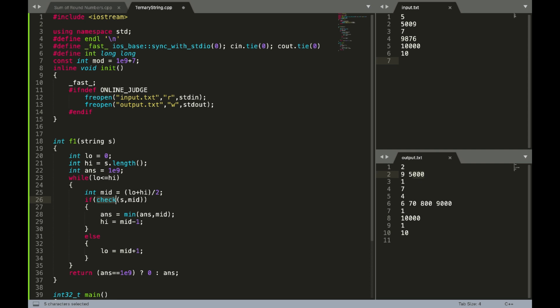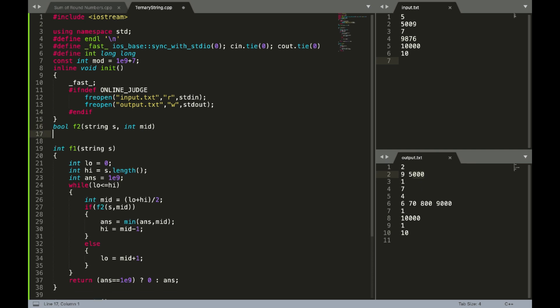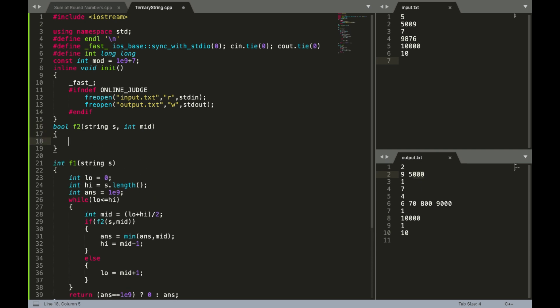So now I have to declare the f2 function. Let me do this f2, and it has a bool return type. It takes the string and window size. Now what I will do is make a window. How can we make a window? We can make a window by declaring an array.